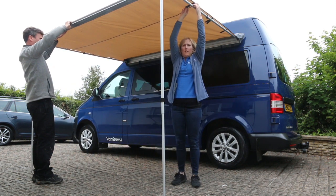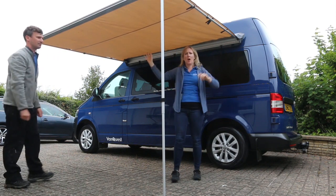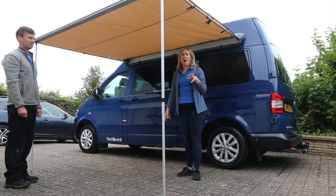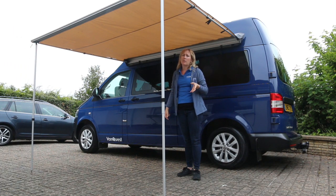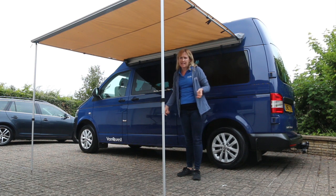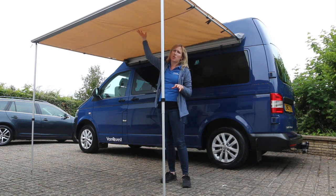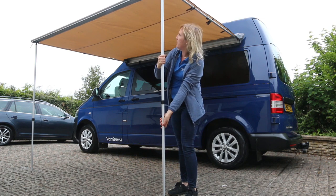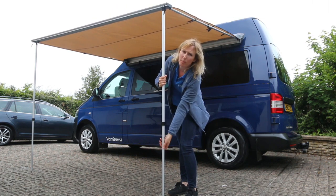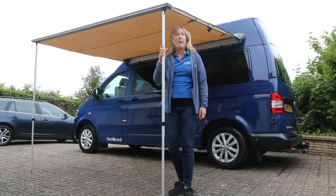Then you have the Velcro straps. There's 3 on each side. There is the guide wires that we provided for you in the back of the van to use for extra stability. We do advise that you don't use it in high winds. If it's raining, it's like a tent-like canvas material, so you do have to be mindful of the water. What you can do is just twist one of these legs and just drop it down a little bit so the rain drains off. Okay, then to pop it away,